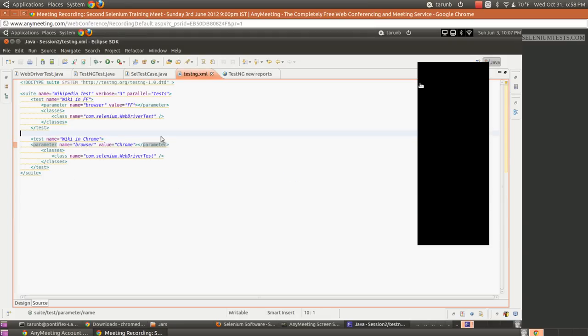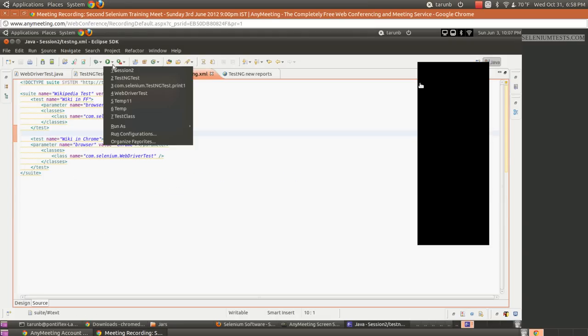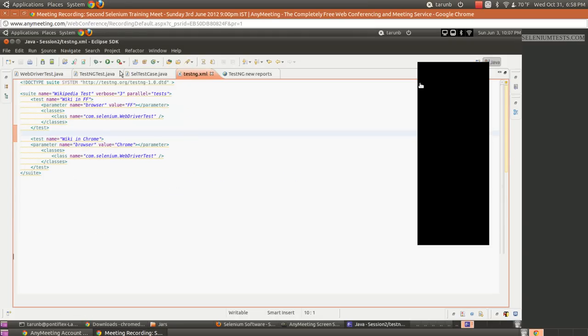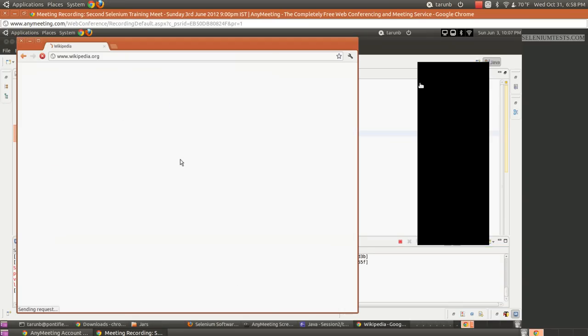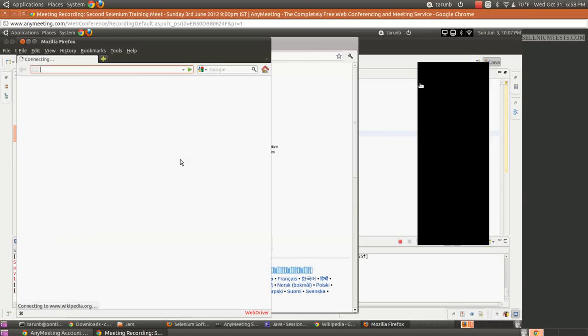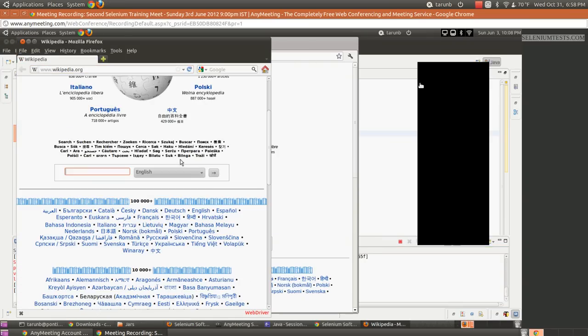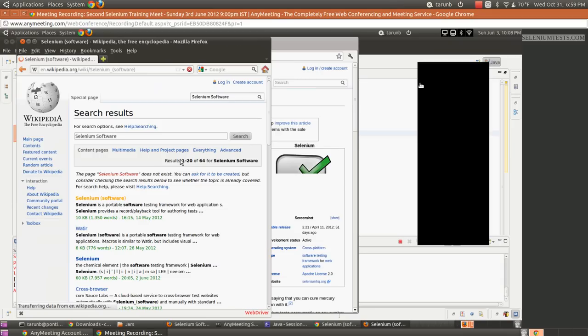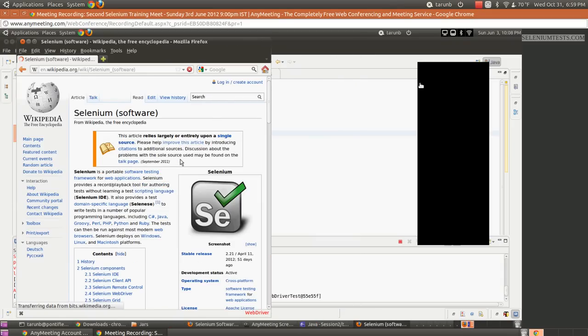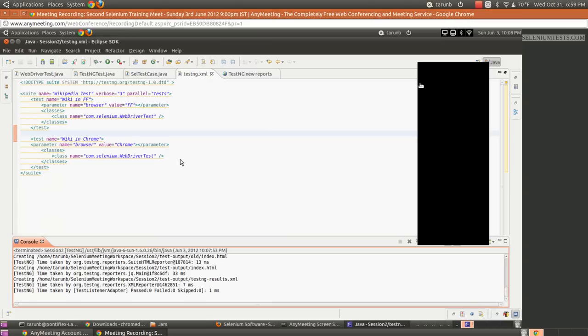Okay, great. So let us try to execute it once again in the same way. Session 2. So here comes the Chrome. And here comes the Firefox. Have a look. There are two browsers at this point. In the background, there is Chrome. In the front end, there is Firefox. The Chrome test is over. The Firefox test is also over. Did you guys see that it was a little quick? Should I execute it again?